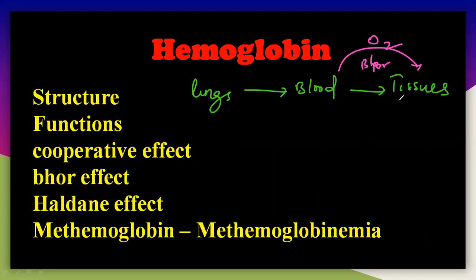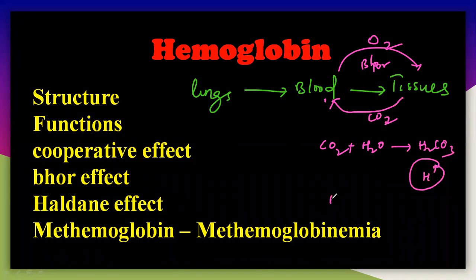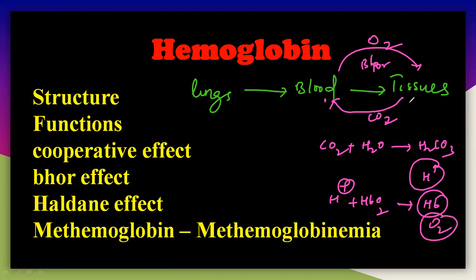And why CO2? What is the reason? Because first the CO2 from the tissues will move towards the blood here. Whenever the CO2 moves towards the blood, it releases protons. The CO2 will react with the water molecule which is present in the blood, and it forms H2CO3. It will release a lot of protons because of the acid. This proton can react with the HbO2, the oxyhemoglobin. It will release free hemoglobin and the oxygen. That oxygen will move towards the tissues. That is the reason CO2 is used here. So CO2 helps the transportation of oxygen from blood to tissues. That is the Bohr effect.